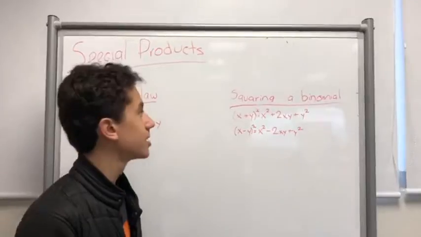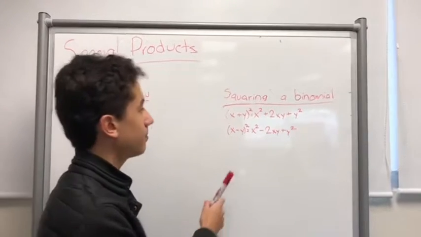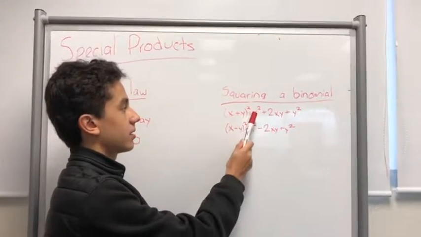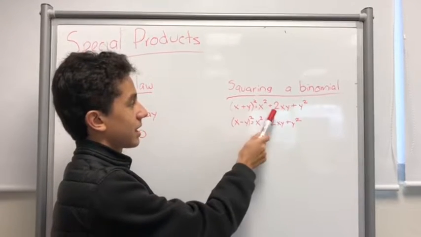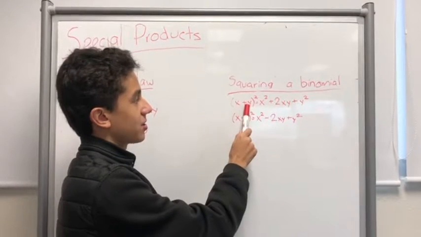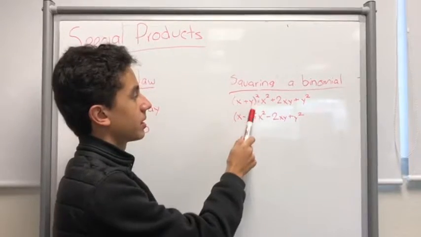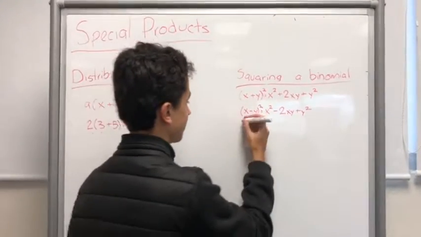So for squaring a binomial, you square the first term, then you multiply both of them times 2, and finally you square the second term. So for example,